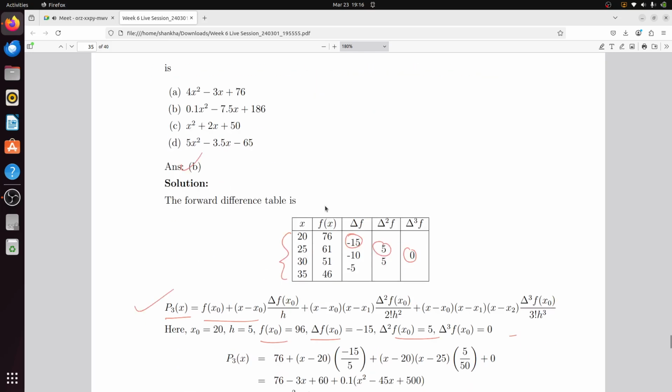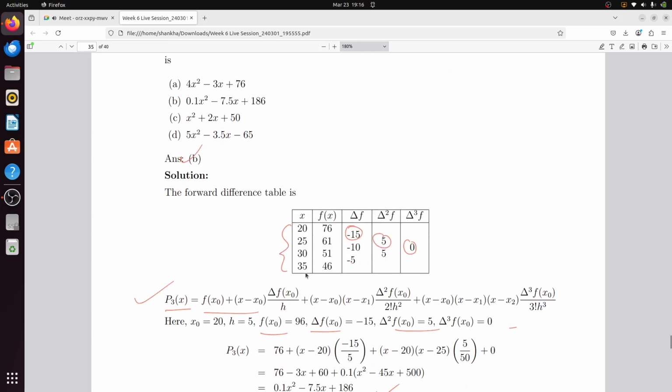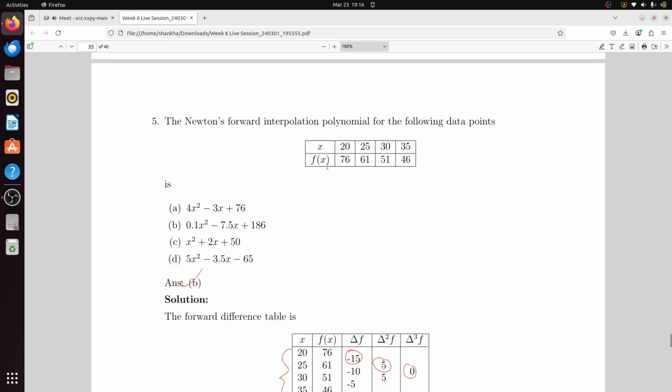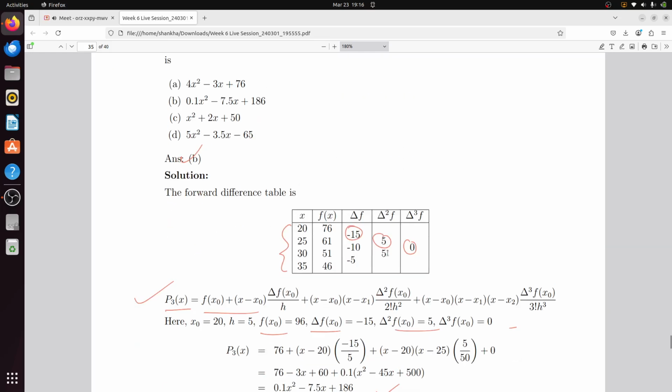Okay, so you have x: 20, 25, 30, 35 and f(x): 30, 76, 61, 51, 46. So the differences will be minus 15, minus 10, minus 5, then minus 10, minus 15 will be 5, minus 5 minus 10, minus of minus 10 will be 5, 5 minus 5. So what I told you last time, that nabla cube f, look, there are 4 points, the values are specified but it may happen that it is vanishing well before, so